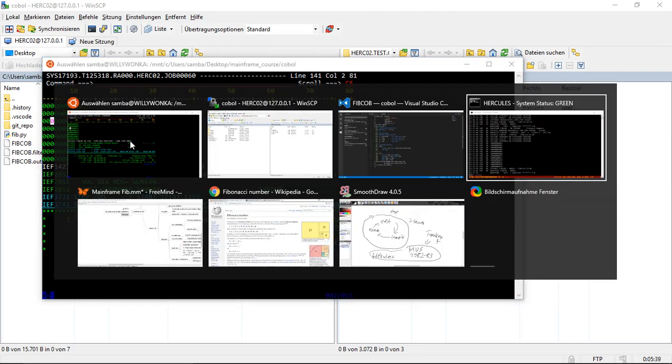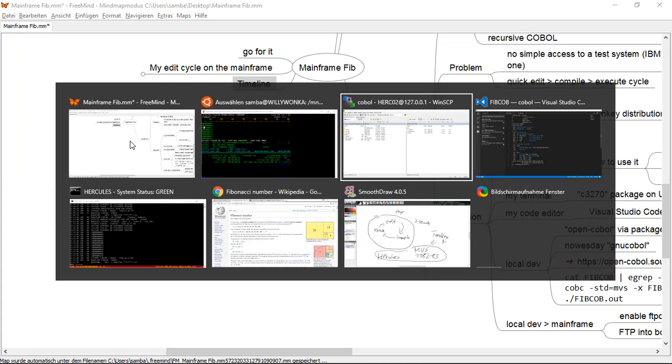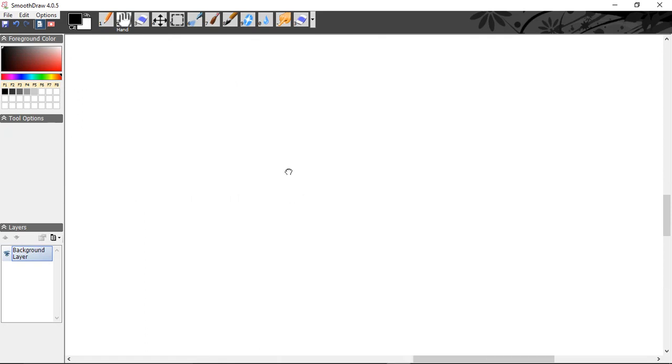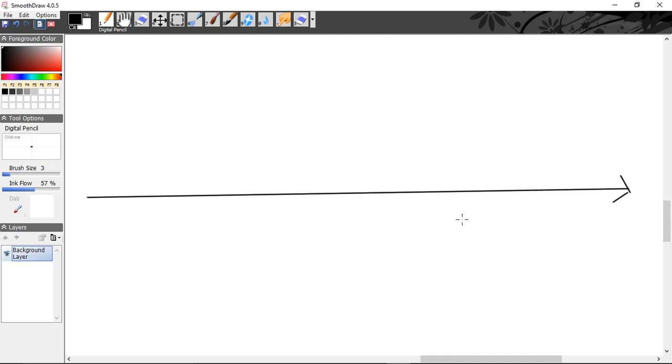And just to finish that little video, I have for you a timeline. So what we actually did, and this is maybe the fun part: when we draw a timeline with all the technologies we've seen in action here, let me have a look at my little piece of paper here. This is the time. We are here in, I'd say, 1968, where the version of the Cobol language we are using was released. So it was not the initial release, but I think it was like the second or third